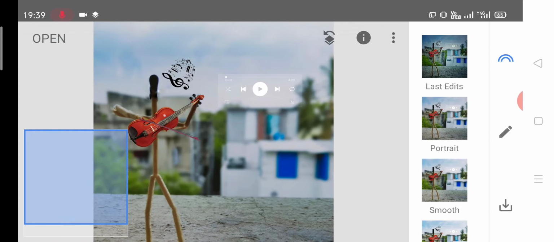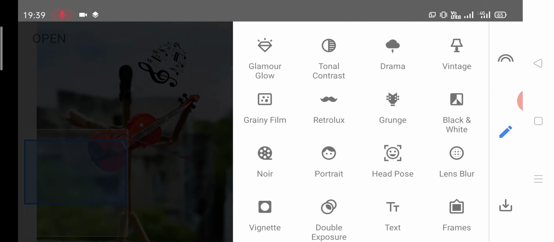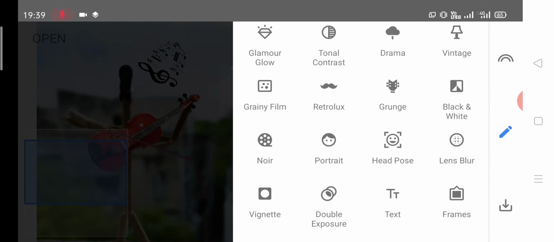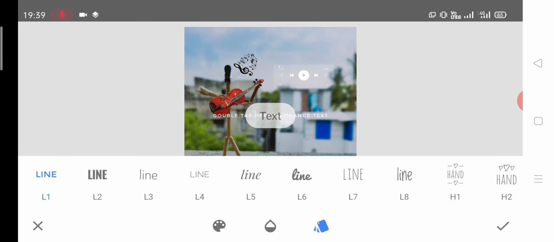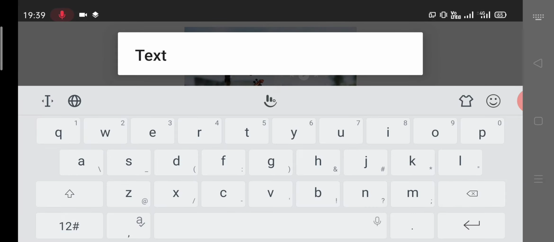Now the first part is to edit the song name. For this, click on this pencil icon at right side, go to the text section in the last row. Now simple, you can see the double tap here to change the text option is there. So double tap and give the song name, your favorite song name.